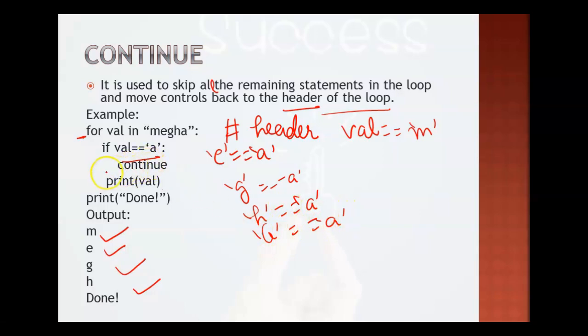So it will be continued. It means it will be continued for the next iteration. But here too we don't have any other character. So well, this is done and you will be outside the loop. And here one more done statement is there. So this will be displayed. I hope you are clear with continue also. It will skip the remaining statements, right? Whenever the continue statement is evaluated, it will skip the remaining statements.